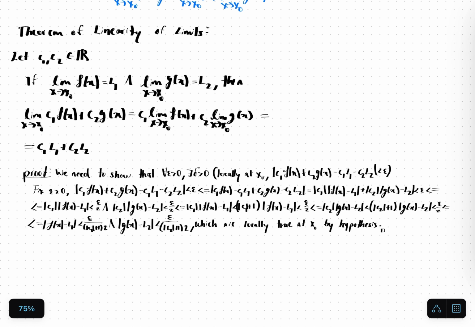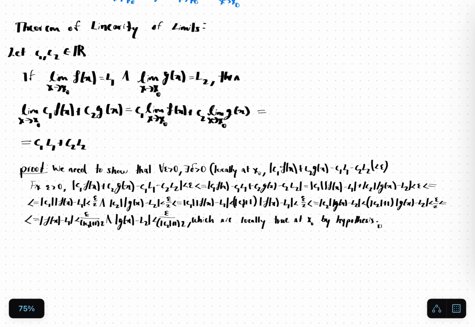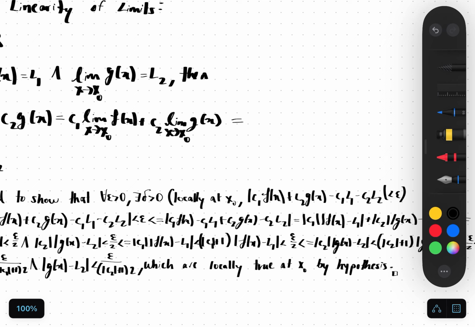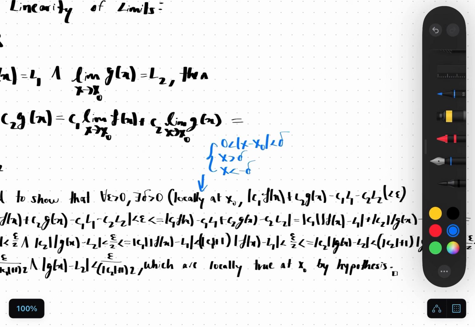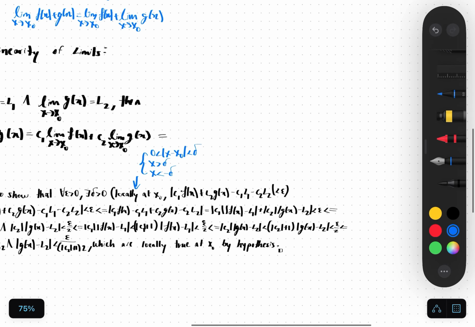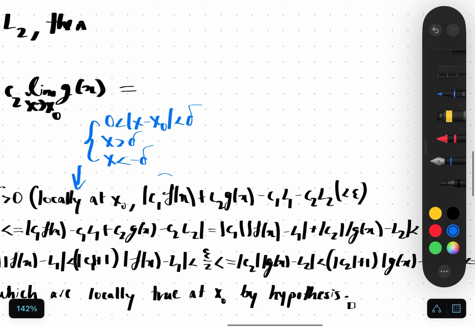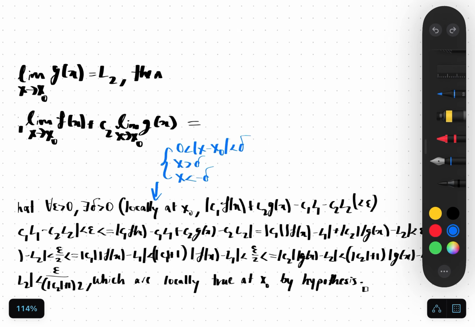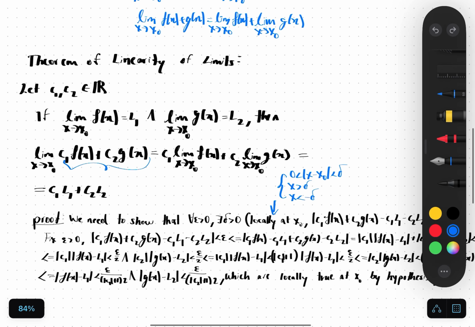We need to show that for all epsilon greater than 0, there exists a delta greater than 0 such that locally at x naught, either 0 less than the absolute value of x minus x naught less than delta, or x is greater than delta, or x is less than minus delta. Either of these is true. Then this big thing, which is what we have, is over here,